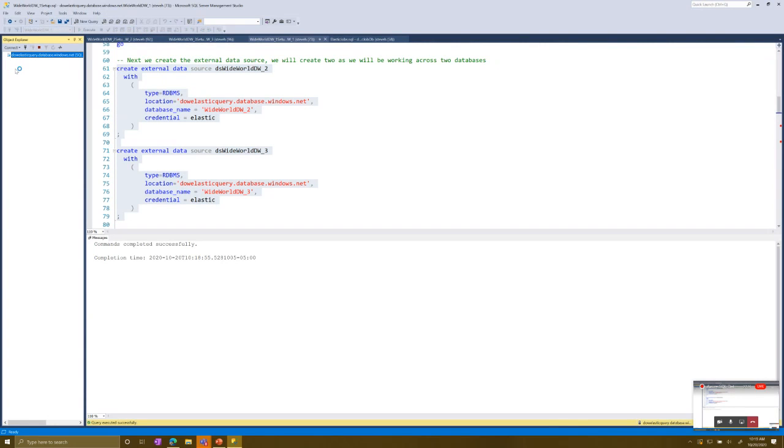I'm going to zoom in here in a second. Let me get it expanded first. We are in DW1, and in external resources, external data sources. You can see that I have them. Like I said, let me go ahead and